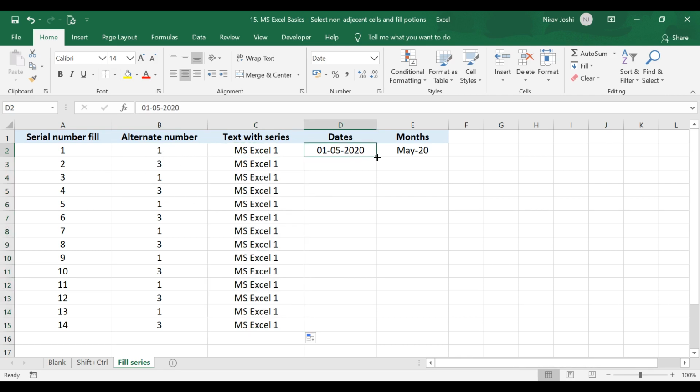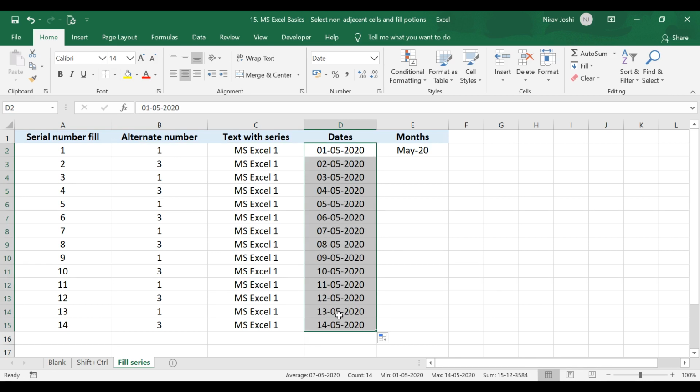Now in case of dates, if you double click the corner and drag it down, it will fill the numbers in series. Additionally, in case of dates, it has additional options for this fill function. Like if you want to fill the days, that is the dates.